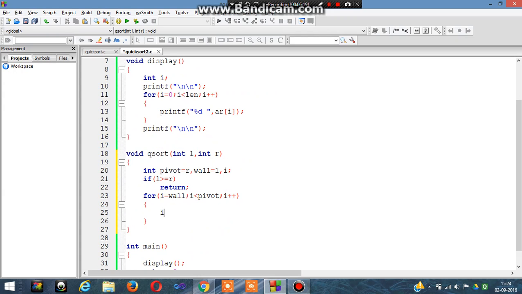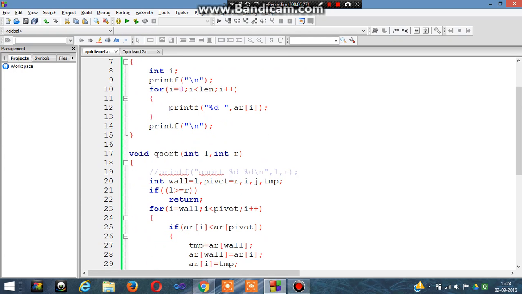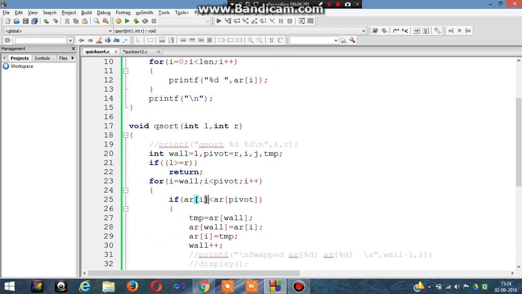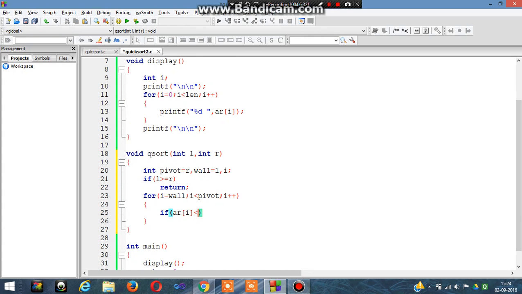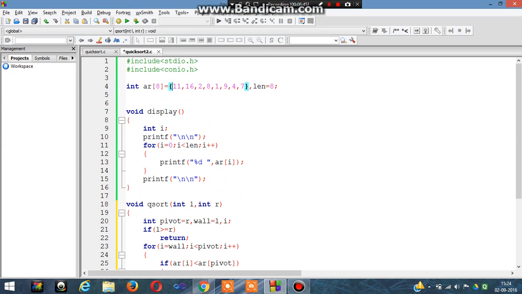Now what we have to check is if AR of I is less than AR of pivot, then what would happen? Then we would try to swap them. If AR of I, which means this element traversing from here, is less than the pivot, then we would swap. What would we swap? We would not swap this with this. We would swap this with the